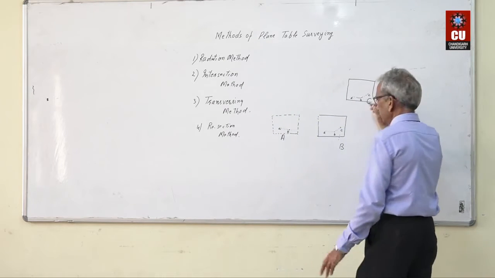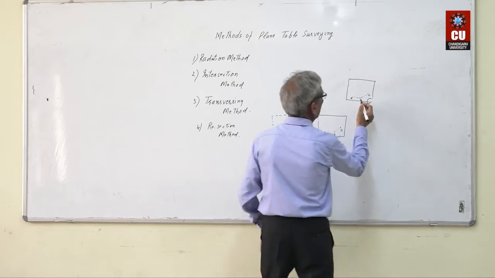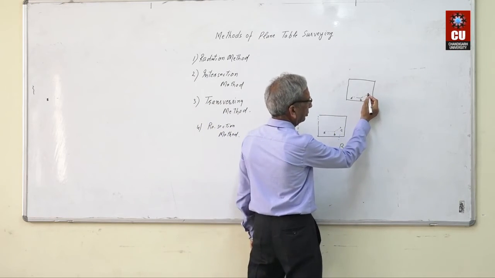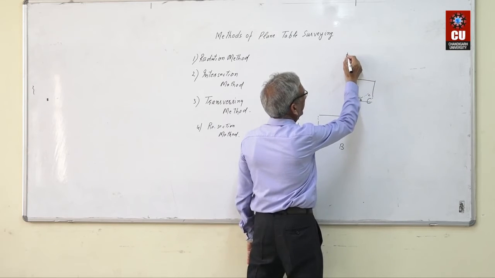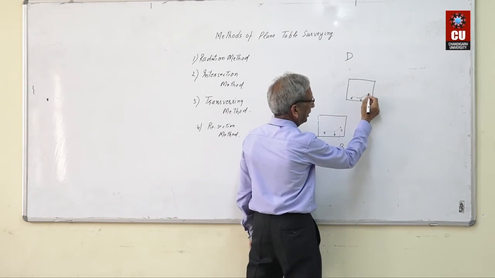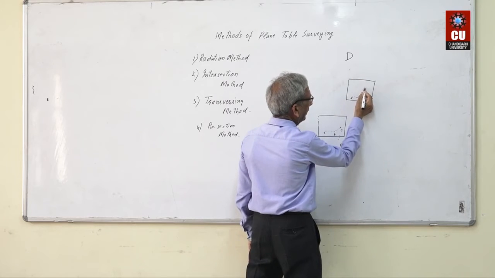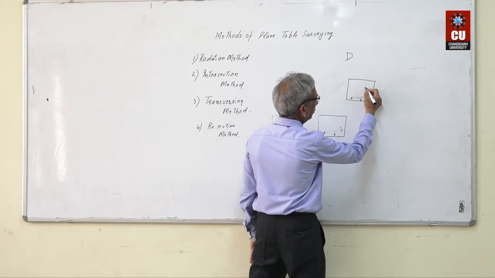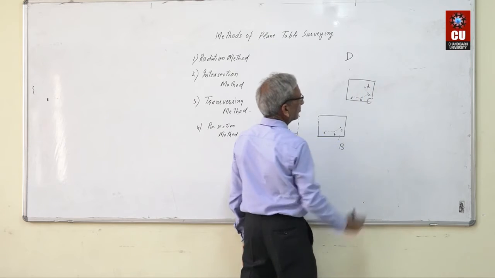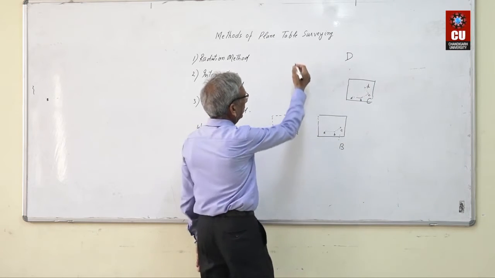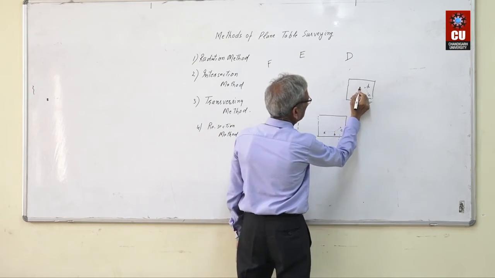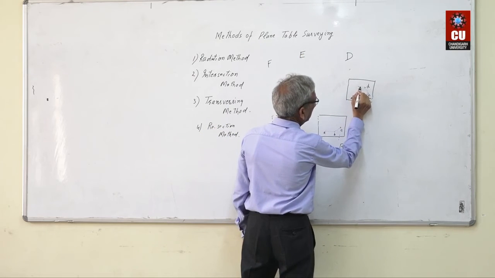We will orient the table at C. Then after orientation, there is another point D. We will place the alidade at C, bisect point D, draw a line and cut with the same scale to find out the point d. Similarly, other points E, F will be marked by shifting the table.